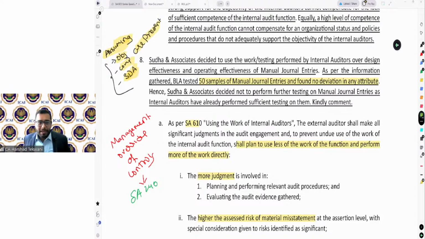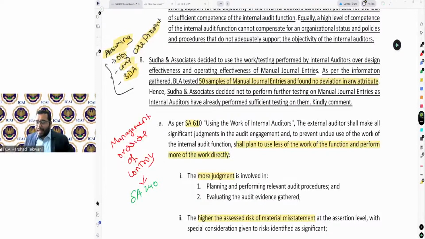If no further doubts, then what I suggest is, please go after this lecture and revise whatever we have discussed. If you are not able to, go through the previous lectures, revisit this, revise, practice as much as you can, and read the study material, which will clear your concepts. And if you still have any doubt, you can come back in the next lecture and we can discuss that. In the next lecture, I will be starting the SA 700 series.